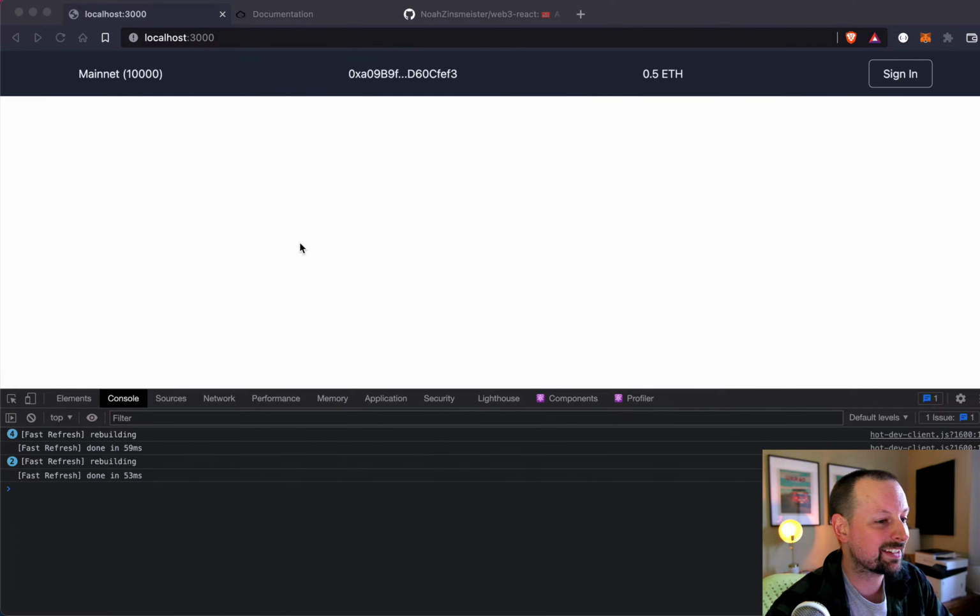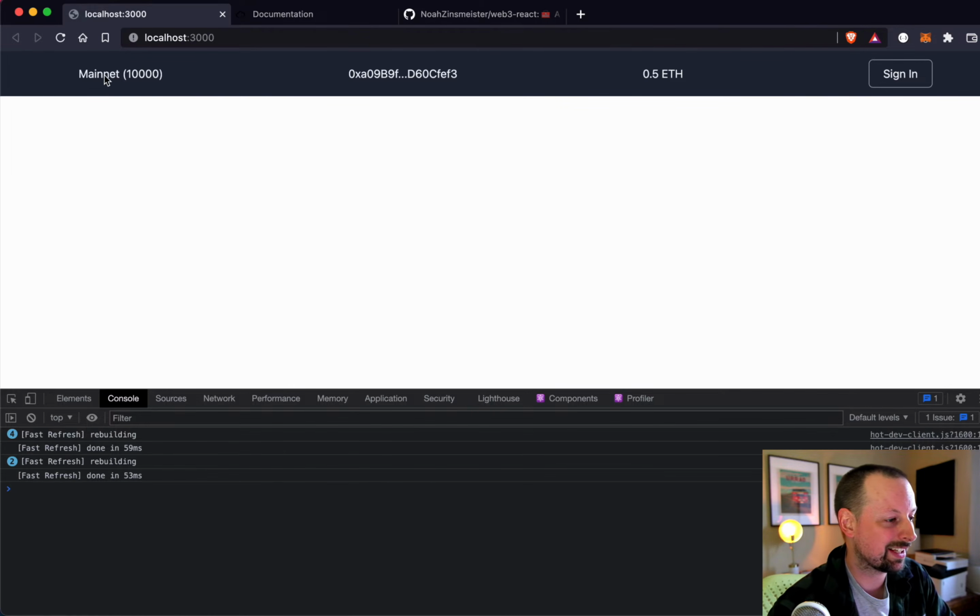Hey, it's Lee Halliday, and today we are playing around with React and Web3, aka the blockchain, aka decentralized apps, aka DApps. And what we're going to be building is this simple nav bar that, well, our React app is going to connect to the Ethereum network, and it's going to basically tell us which network we are connected to, a main net versus a test net, what block we are on right now, which account is connected,